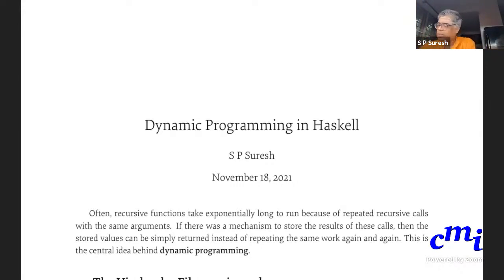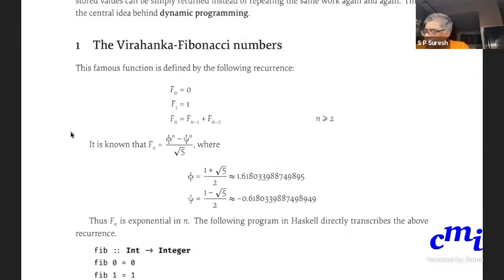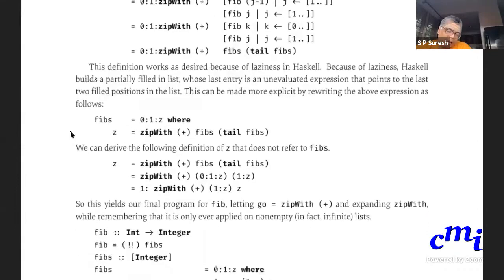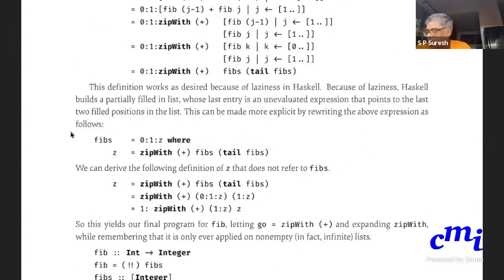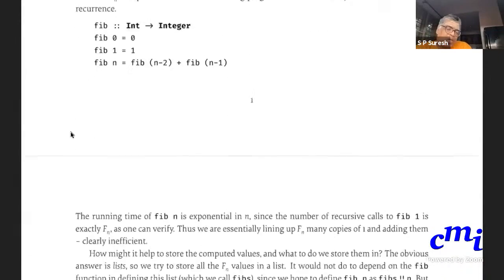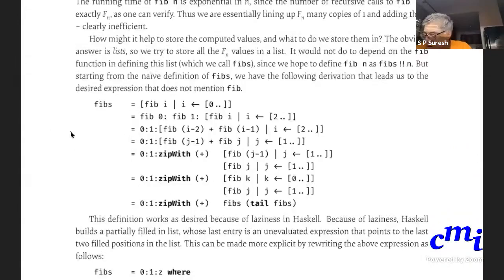Okay, so rather than present stuff using slides, I thought I would just write a PDF, write my own notes and then present off those. So recall that we were looking at dynamic programming in the last lecture. Whatever details we saw about the Fibonacci numbers, I have included in these notes as well, which I have uploaded